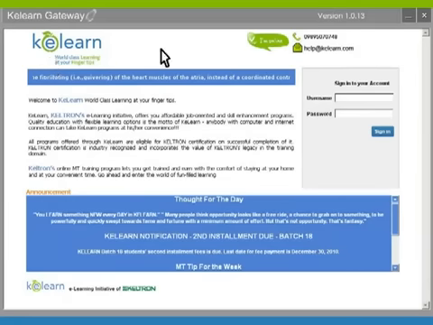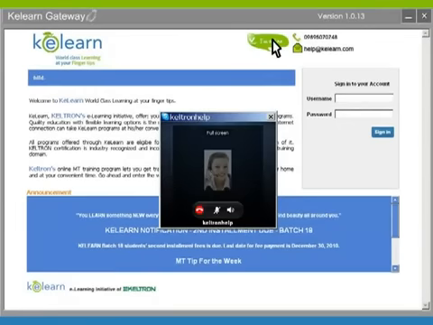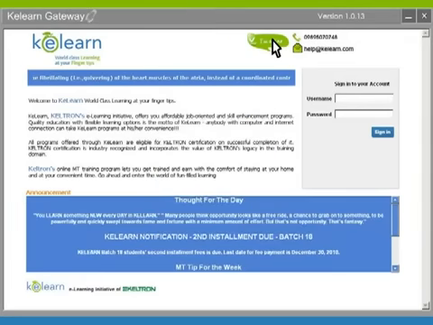When you click on this button, and if you have Skype installed on your computer, a voice call will automatically be initiated to our tutors through Skype, and you can initiate voice or video chat with our tutors. Alternatively, you can mail us or telephone us using the email ID or telephone number provided here. Also, we communicate to you through the announcement panel as well as the daily tips panel here.